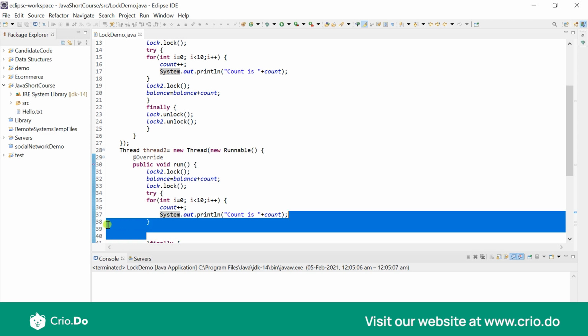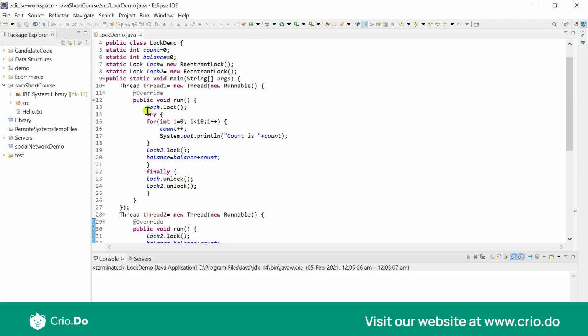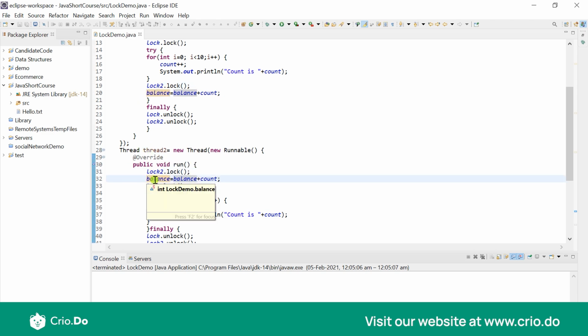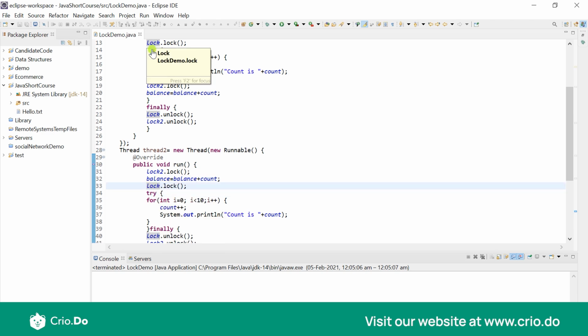So now what's happening is that if my thread 1 starts executing first, it would acquire the lock, work on count, and wait for lock2 to get acquired to work on balance. At the same time, my thread 2 begins, it acquires lock2, works on balance, and now it's waiting for lock to work on count. But now lock is already acquired by thread 1, and thread 1 is waiting for lock2, but lock2 is acquired by thread 2 and it is waiting for lock.